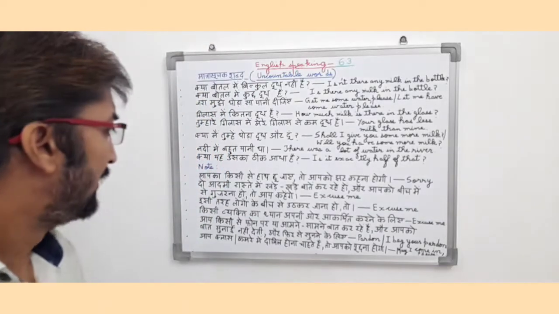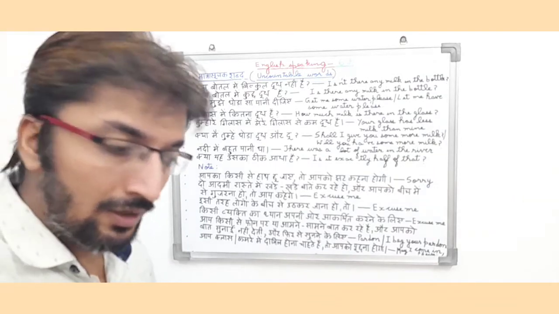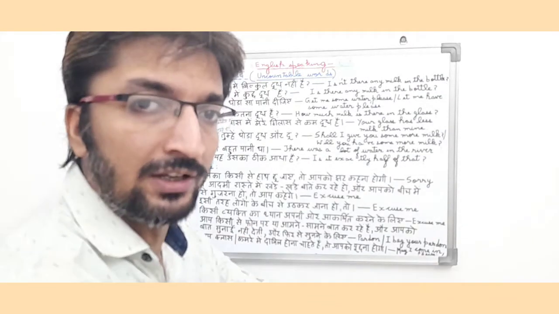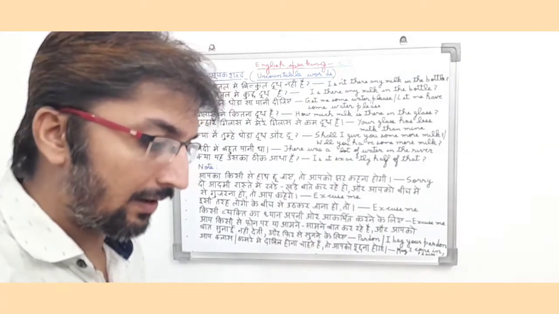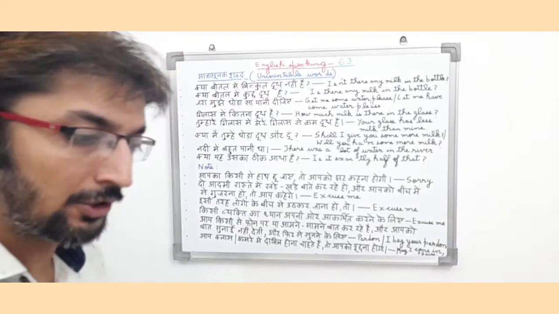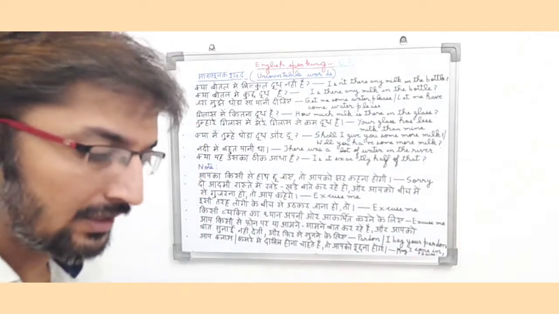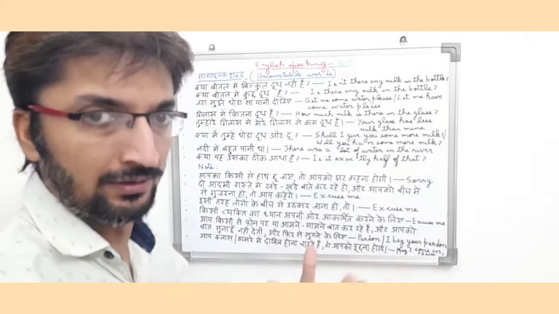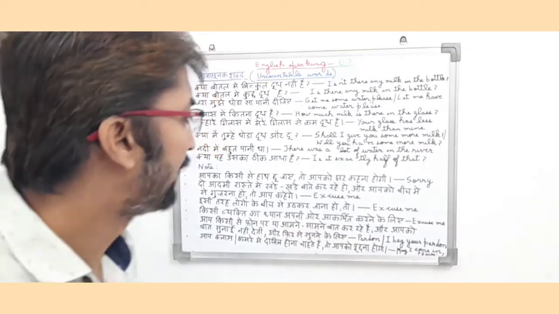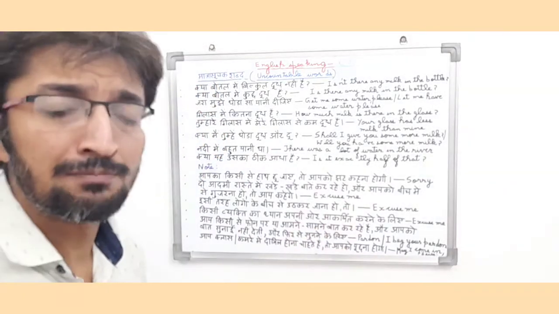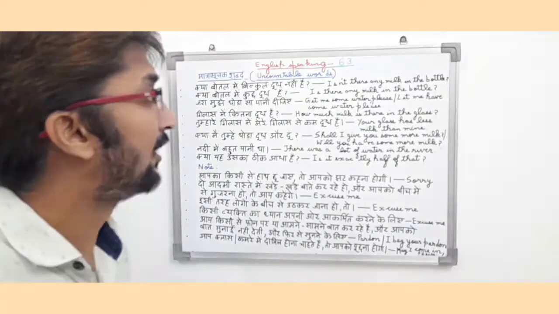So friends, these are the basic sentences which you need to remember while speaking to another person in society. These sentences basically represent our personality, our etiquettes, and our responsibility towards another person. So basically if we use these sentences, then we are assumed as a very good, nice, and highly regarded person. So friends, this was the English speaking part 63, in which I tried to explain to you about Matra Suchak Shabd, means uncountable words.